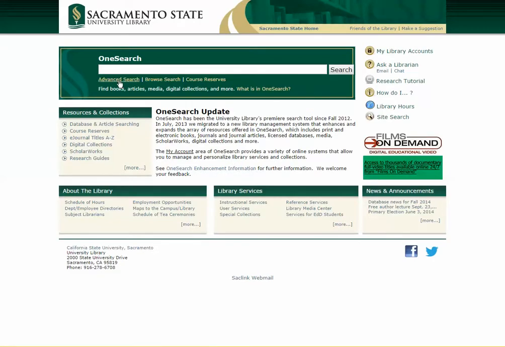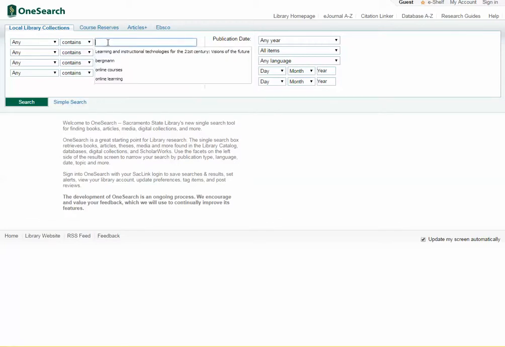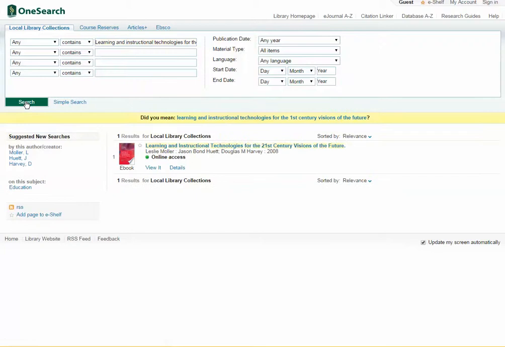And then you want to do a search. Now you can copy and paste the title, do an advanced search, and I've already selected it here, so it's already pasted for me, but you would paste in the title here and then click on search. And when that search comes up, you'll see that the book has come up, and you'll see that it's an ebook. So click on the link that's provided here,